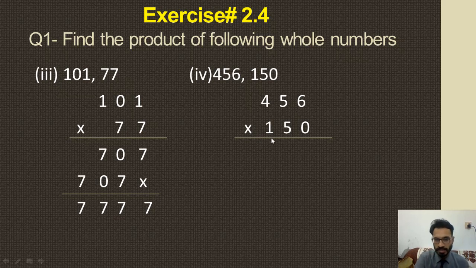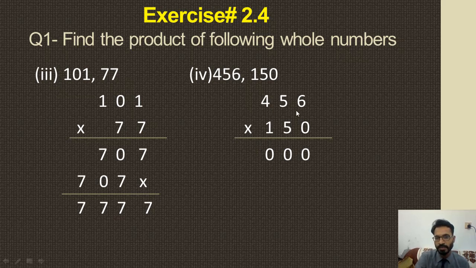Now we will multiply 0 with 6, 5, 4. After that, 5 will be multiplied with 6, 5 and 4, and after that 1 will be multiplied by 6, 5 and 4. When we multiply 0 with 6, 0 6s are 0 and this 0 will be written under 6 and 0. When we multiply 0 with 5, the answer will be 0 and this 0 will be written under 5. After that 0 will be multiplied by 4, 0 4s are 0. So this third 0 will be written under 4 and 1.